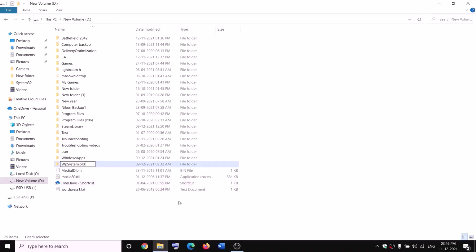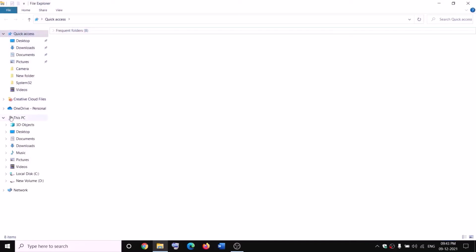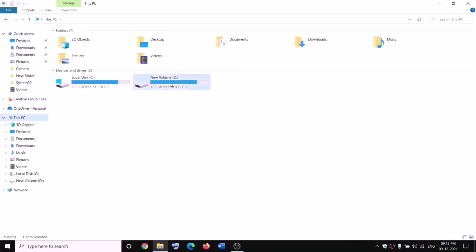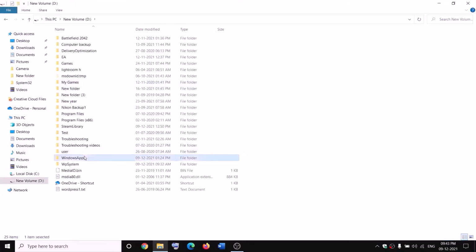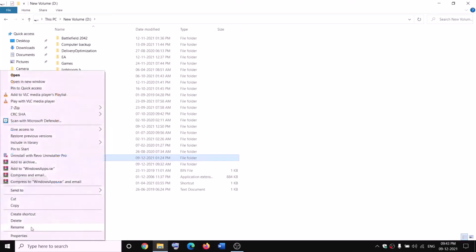Now, if you still face the problem, in that case you can go ahead and restart your computer and then try to rename it once again. Open File Explorer and then go to This PC, open D drive, then make a right click on WindowsApps and then rename it. Now before renaming, you have to take the ownership. Make a right click, then click on